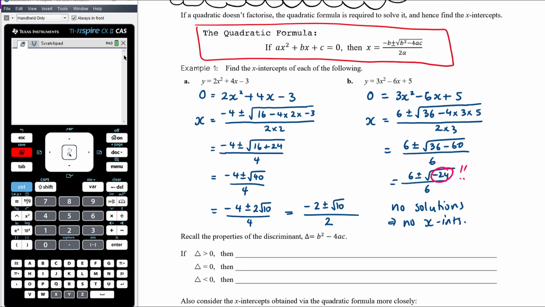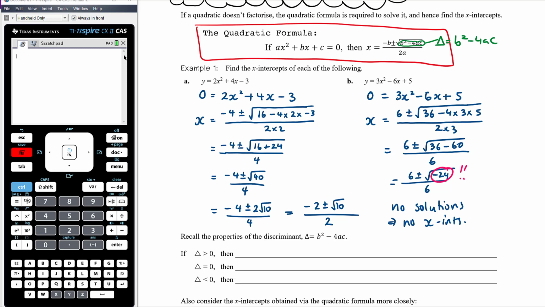So remember the discriminant, b squared minus 4ac, is the bit underneath the square root. Remember the discriminant doesn't actually involve the square root. B squared minus 4ac, not square root of b squared minus 4ac, is the discriminant. Now, if the discriminant, b squared minus 4ac, is a positive number, like what happened in part A, then we're going to have plus minus square root of a positive number, which gives us two values,